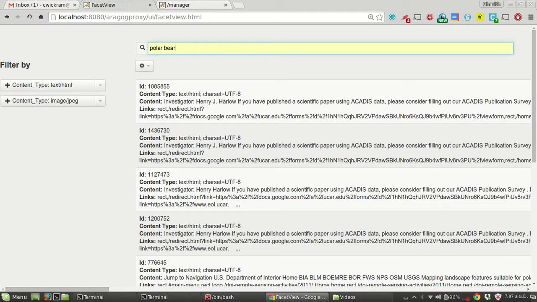We have 4 data fields associated with every file: the ID, the content type, the content, and the links. We have truncated the content and the links up to 1000 characters each.